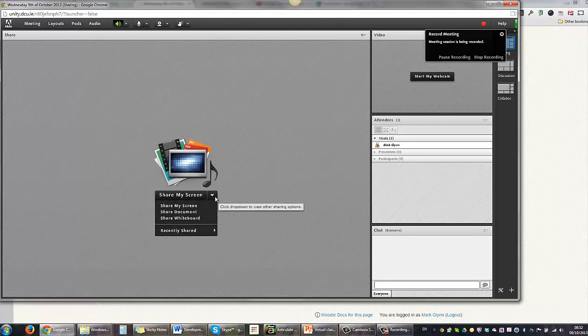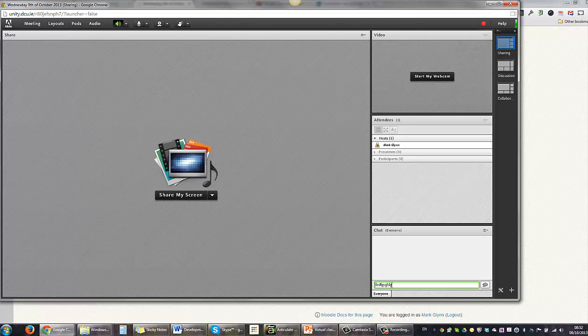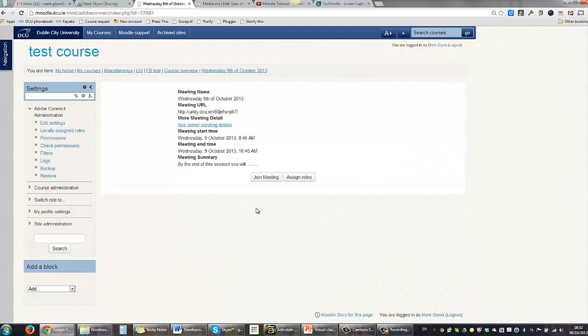You can decide to share your screen, share a particular document, or indeed share a whiteboard, and you can communicate with your students by sending them messages in the chat board, and they can do exactly the same. Once you're finished, press Stop Recording, and now if we return to the Moodle page itself and we click Refresh,